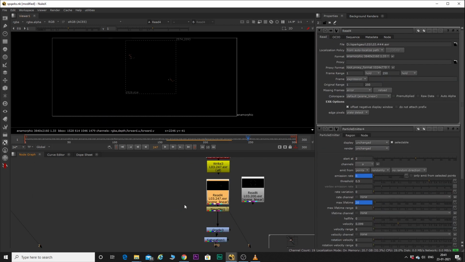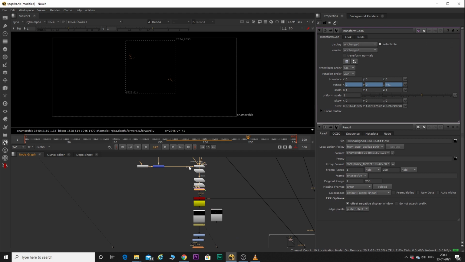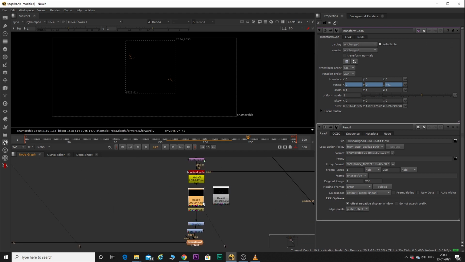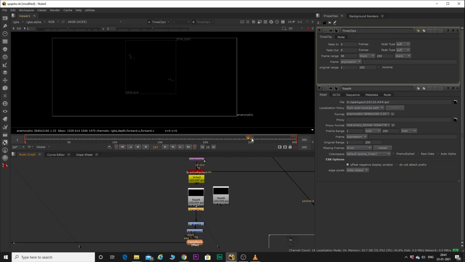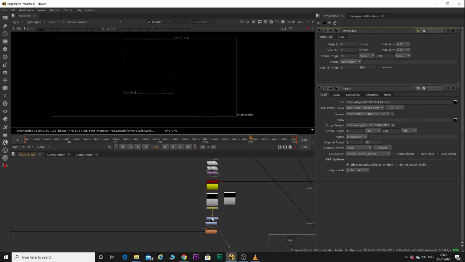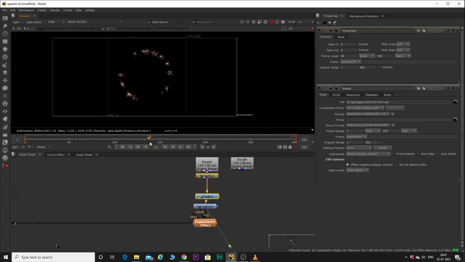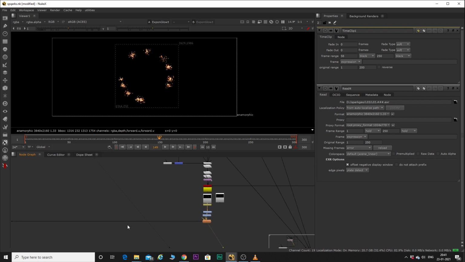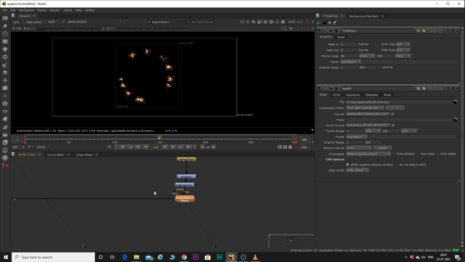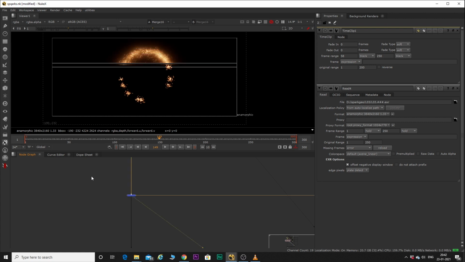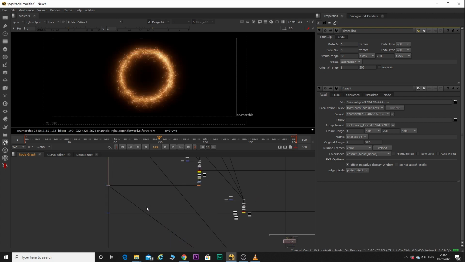So this is what it looks like. I've added the transform geo and the usual stuff. The end of 250 frame is actually held, so instead of holding, I've added a black value over there. Then I've added a grade, saturation. I've reduced the saturation, some exponential glow. By the way, this exponential glow is also a part of that Nuke Survival toolkit. You can add any exponential glow that you like.